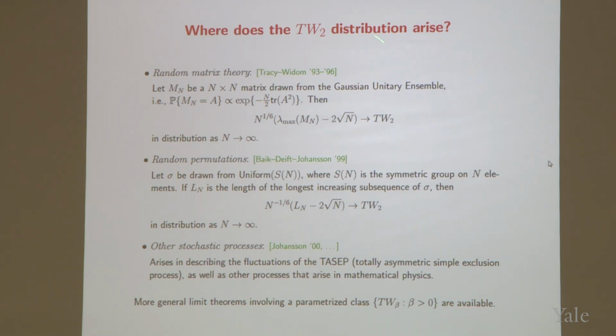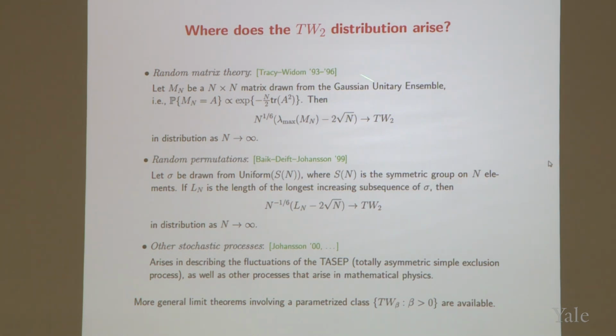I'll just look at this TW2. There's a more general parametrized family of Tracy-Widom distributions. So TW2 arises, for example, in random matrix theory. If you take an n by n matrix drawn from the Gaussian unitary ensemble, which you can either describe as the probability measure proportional to this quantity, or you can think of in terms of entry-wise having appropriate Gaussian entries, then the largest eigenvalue of